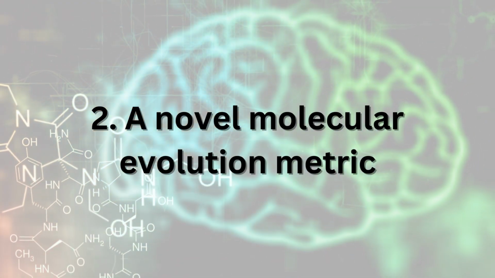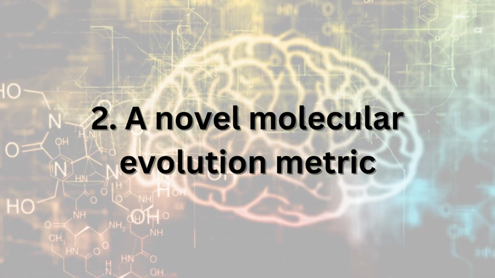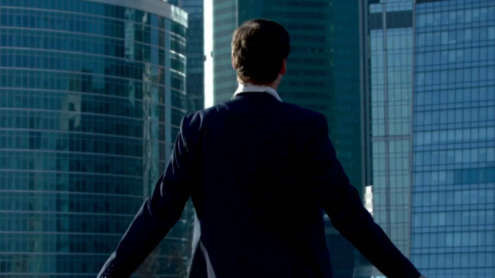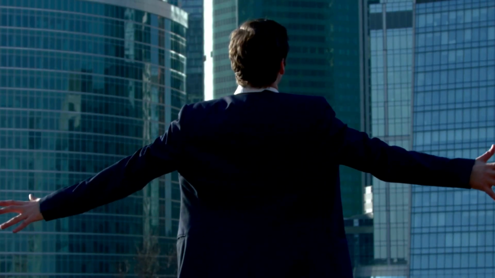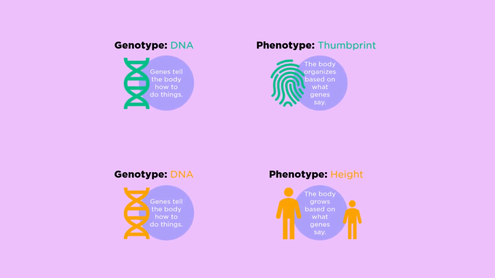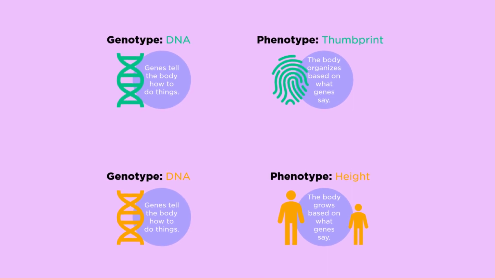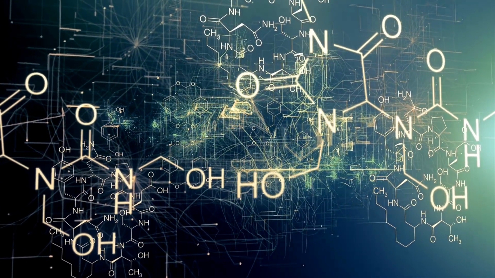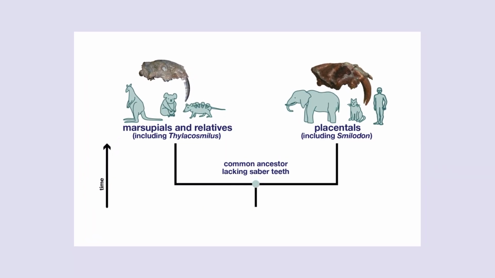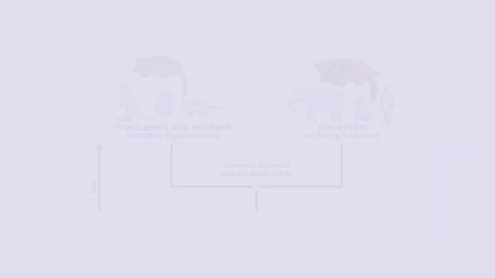Number 2. A novel molecular evolution metric. Fukushima and his colleague Dr. David D. Pollock have now succeeded in developing a method that outperforms previous methods in the search for the genetic basis of phenotypic traits. They created a new molecular evolution metric that accurately represents the rate of convergent evolution in